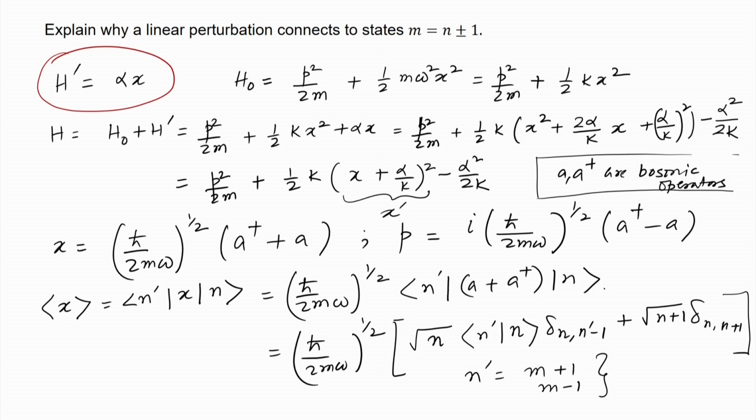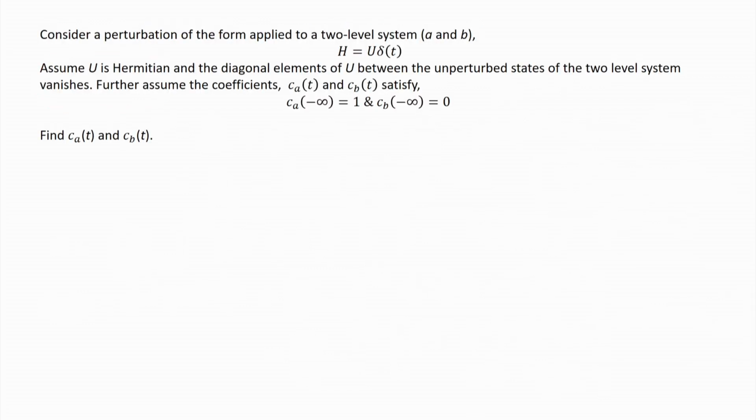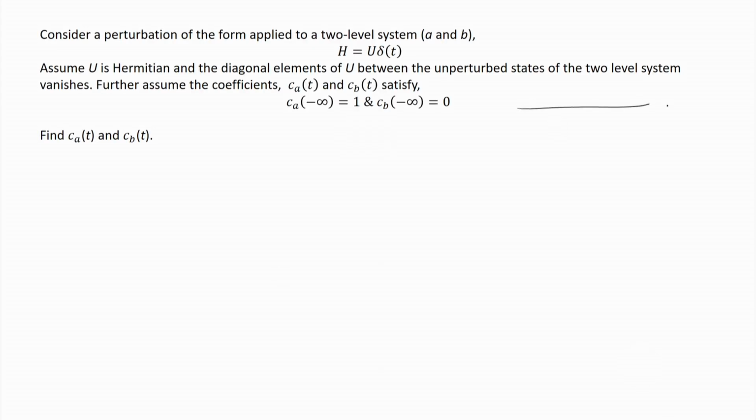All right. So, let us now look at a two level system. Consider a perturbation of the form applied to a two level system. Let us call those two levels A and B. So, this is A and this is B,